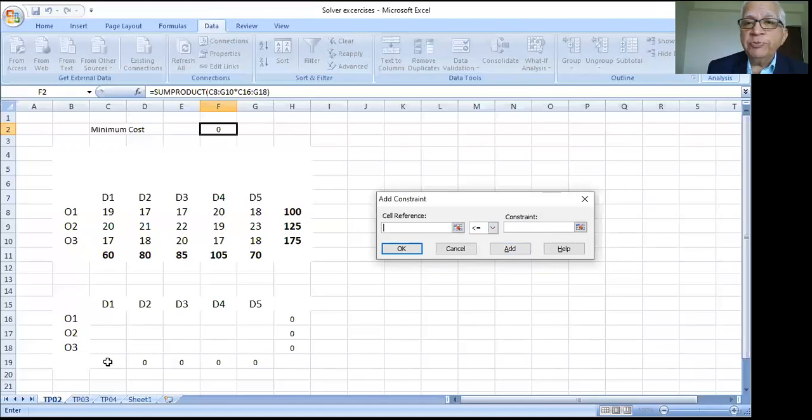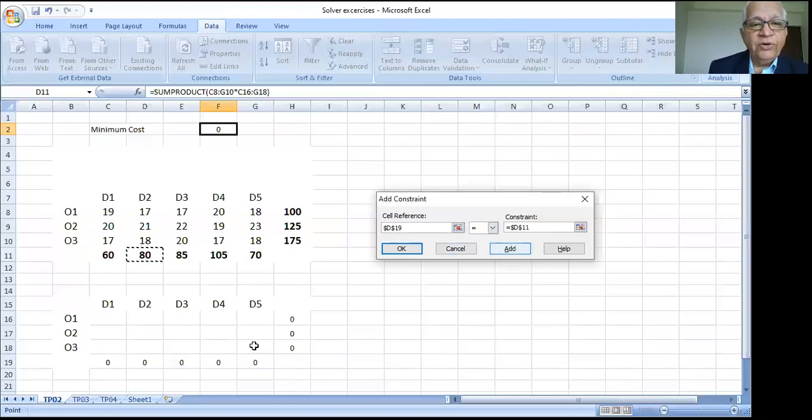Now similarly we'll specify the 5 column totals. For example, this column total should be, now say, it is in which cell? C19. This cell is C19. This should be equal to, okay, so add. Similarly, 4 more column totals. This should be equal to 80.